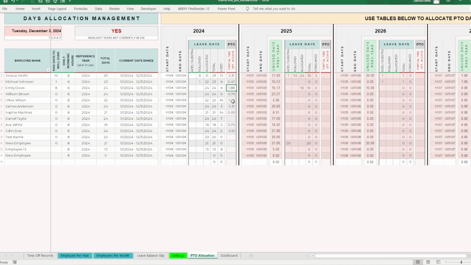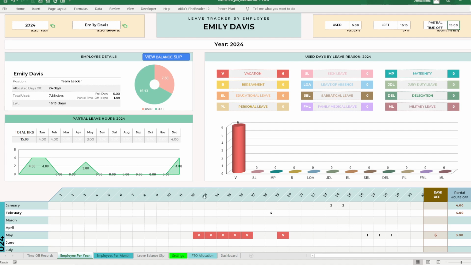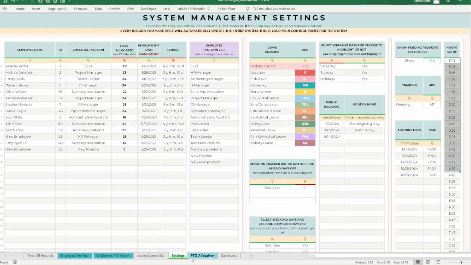The conversion from partial time off hours to full days is done based on how many hours we recorded for Emily Davis for a full working day. So if Emily Davis has a schedule of 8 hours per working day, her 15 hours mean